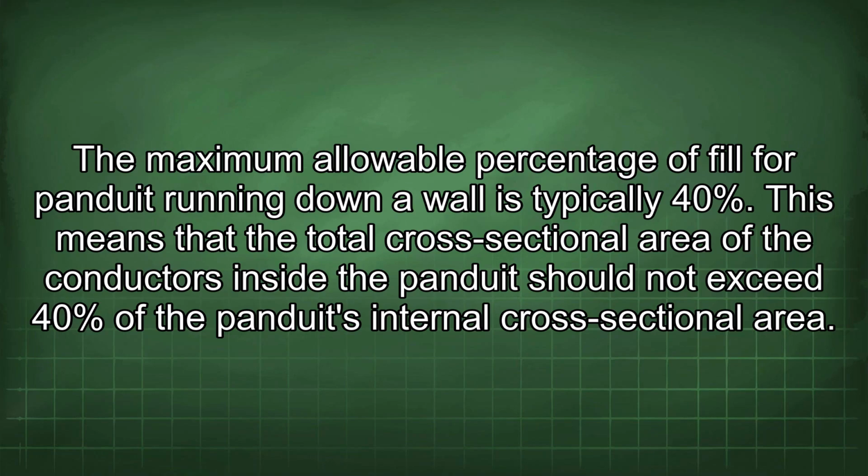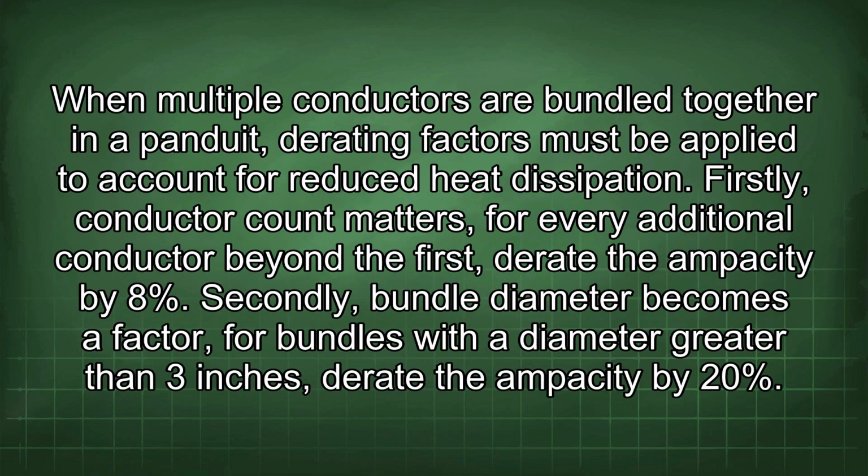The maximum allowable percentage of fill for Panduit running down a wall is typically 40%. This means that the total cross-sectional area of the conductors inside the Panduit should not exceed 40% of the Panduit's internal cross-sectional area. When multiple conductors are bundled together in a Panduit, derating factors must be applied to account for